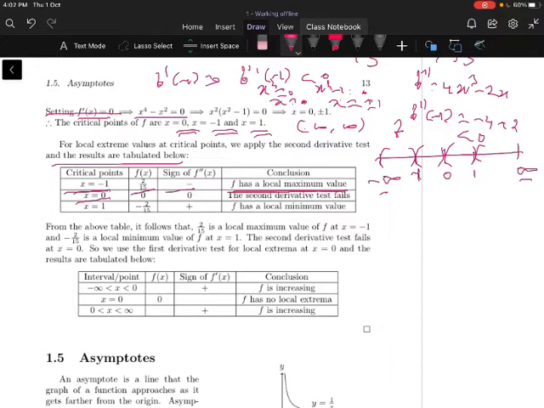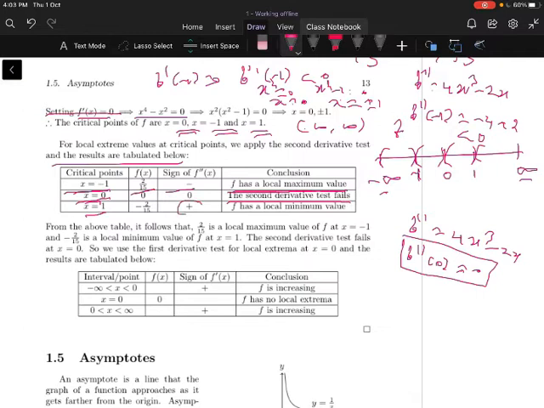Now let us find out at x equal to 0 whether the function has a local maximum or minimum. 0 is a critical point. Now let us see what f double dash is. F double dash of x is equal to 4x cube minus 2x. F double dash of 0 is equal to 0. So therefore the second derivative test fails. We cannot conclude anything by using the second derivative test when f double dash of the critical point is 0. So let us apply the first derivative test at x equal to 0 later.